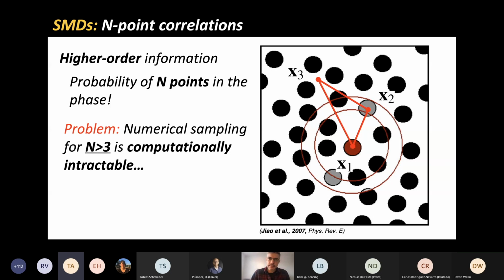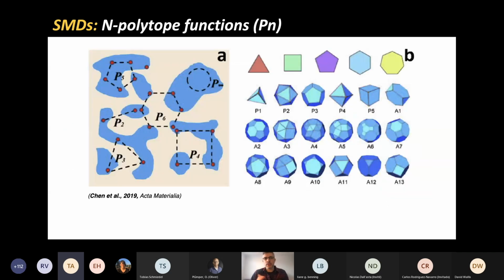So our colleagues at Arizona, for example, proposed another way of measuring high order correlations with the so-called polytope function. So what is a polytope? A polytope is a fixed shape. So if you look in the picture in A, for example, you have these geometric shapes here, and imagine that they're fixed. Their vertices are fixed points in space, and all you move is the center of the shape and the scale of the shape, how far the points are for each one of these shapes. Turns out that numerically, to sample each one of these costs the same as a 2-point correlation function. So you can keep adding them and you get some higher order information, and that will describe more complex properties